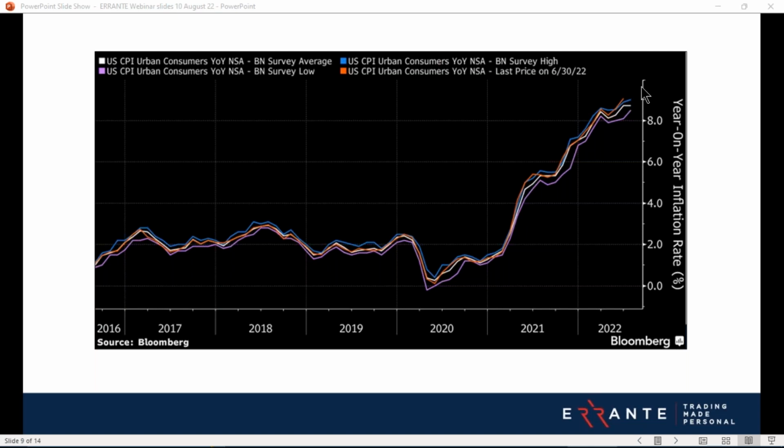That's expected to print at 0.2 month on month in July, and that's easing back from 1.3% on the monthly in June. And that pullback on a month-on-month basis is, of course, after these sharp energy-led expansions of May and June. And the 0.2 would actually be the smallest monthly increase since January 2021. That would then push the annual inflation rate slower to 8.9% from that previous 9.1, as I said. And you can see on this chart, all the surveys point to economists really expecting this slowdown in